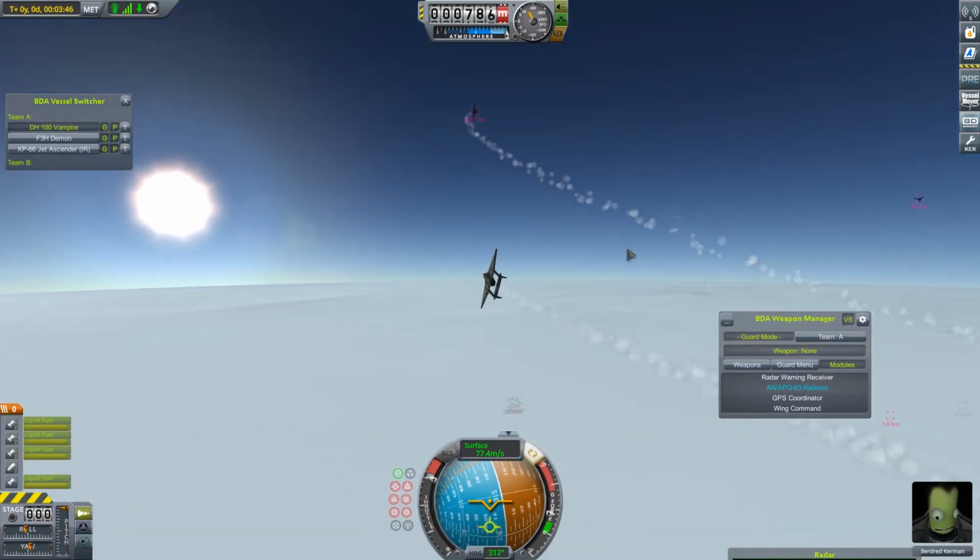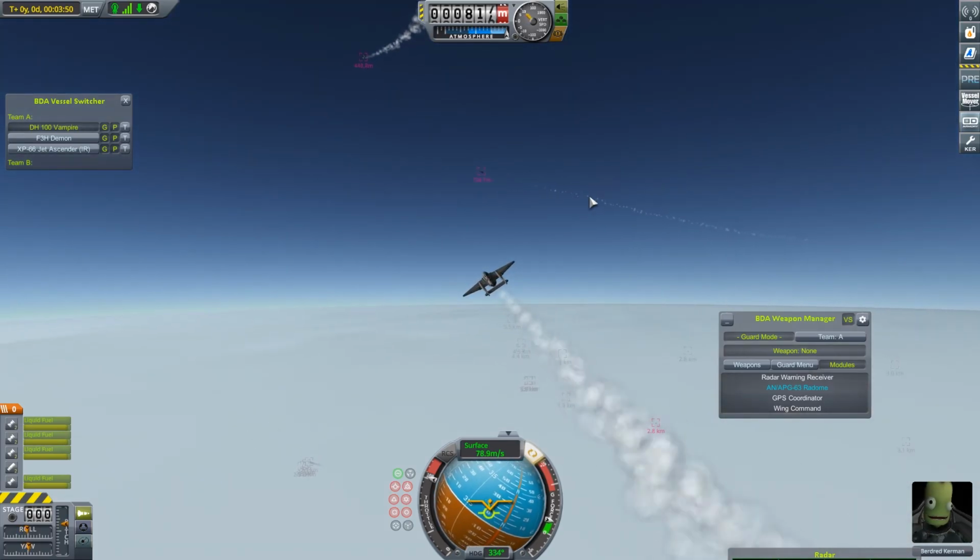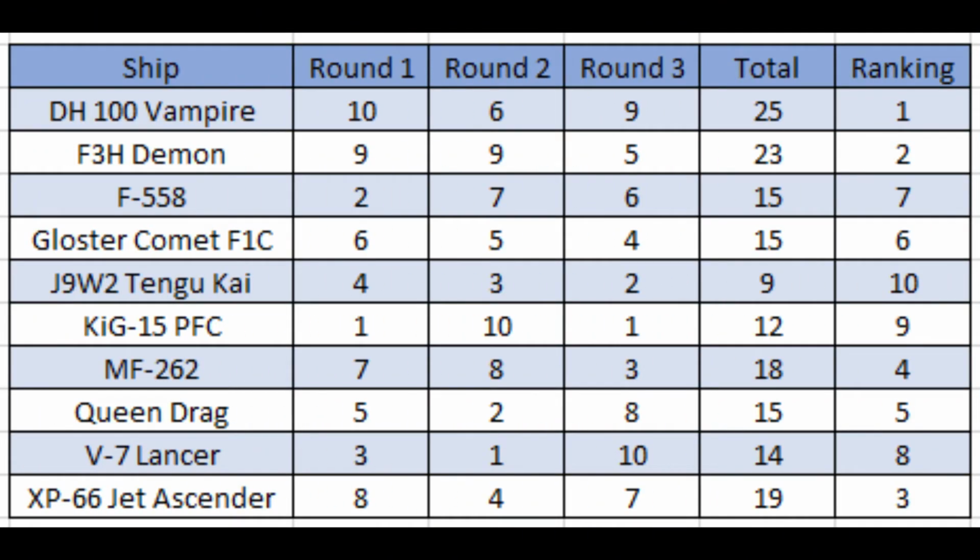Anyways, guys, this has been a blast. We'll go through the numbers real quick. So we had the DH Vampire totaling 25 points, ranking 1st place. We had the F3H Demon with a total of 23 points, ranking 2nd place. The DH100 and the F3H both were the most consistent when it came to ranking 1st. You also got the XP66 ranked 3rd, the MF262 ranked 4th, the Queen Drag ranked 5th,